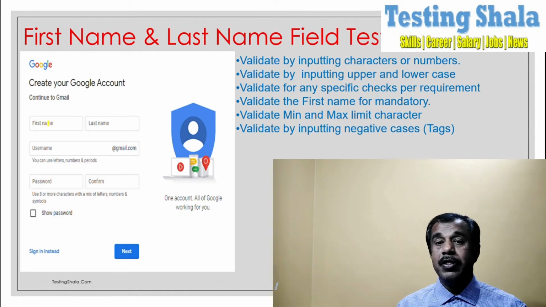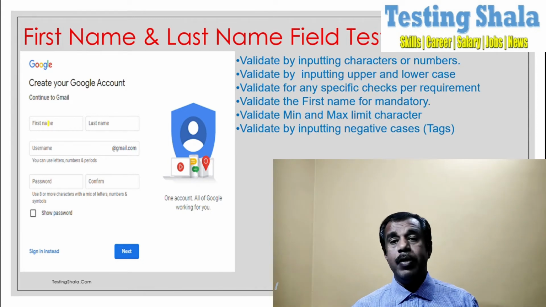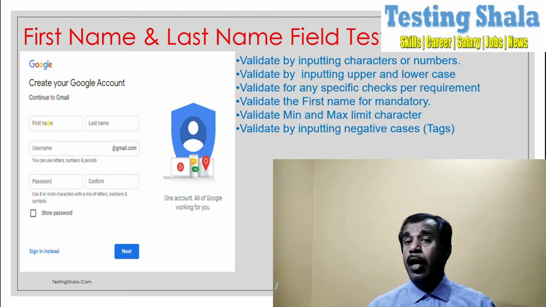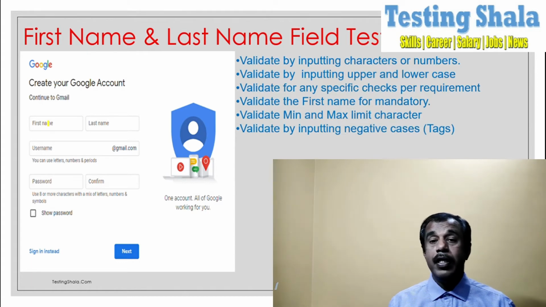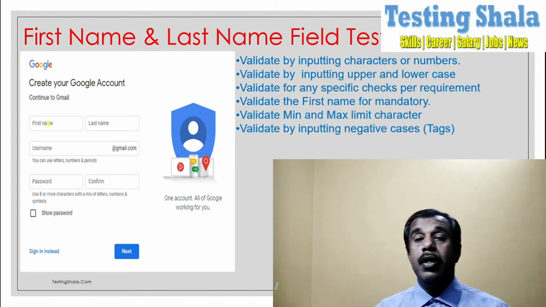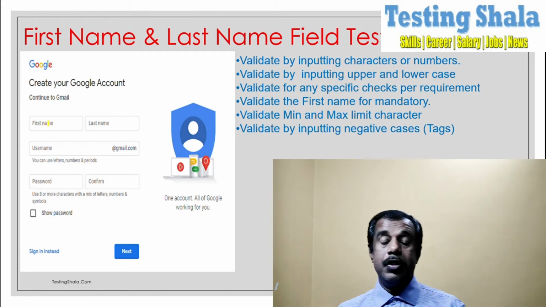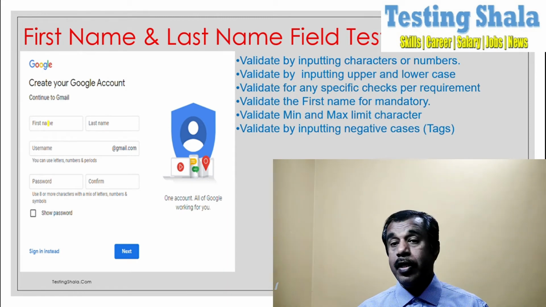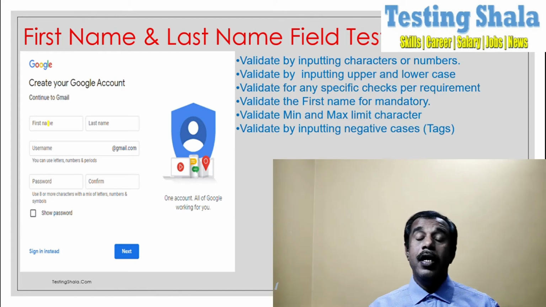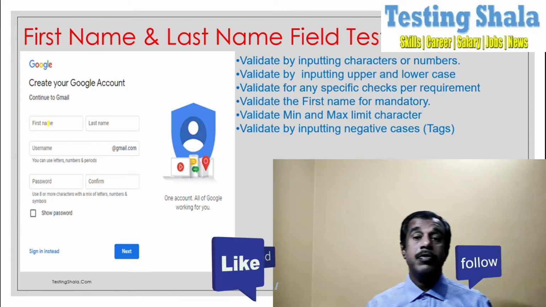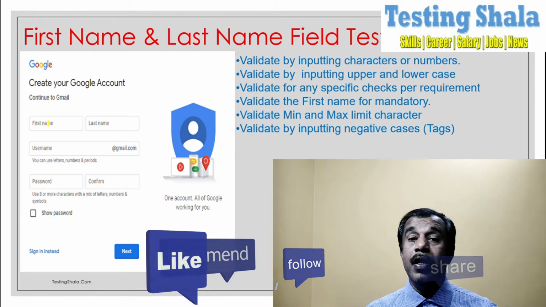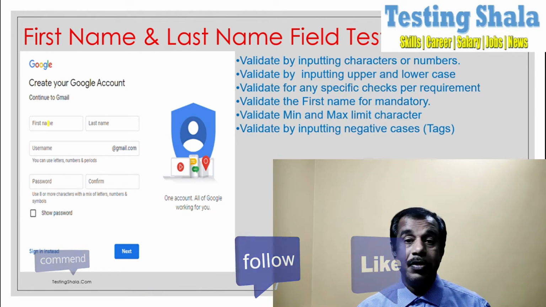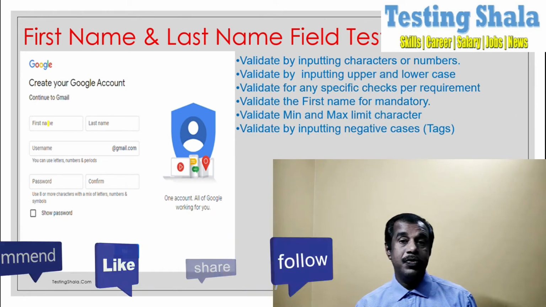Negative cases means maybe you start putting special characters into the first name and last name, or maybe some of the tags from HTML code or even JavaScript. Normally what happens, right? Somebody tries to put these special characters into these fields, and normally the application behaves drastically differently. I've seen many places where, if we start giving some JavaScript, we can easily hack the system and get the information from the databases.